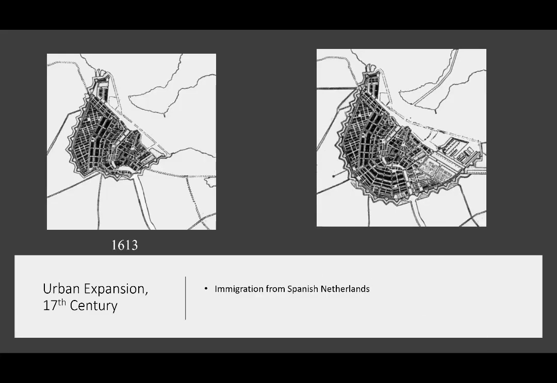So over the next 50 years, they actually physically expanded their geography. And this is what we call, by 1663, they had this thing called the Agricultural Revolution, and they create polders. Polders is what I want you to know. Polders. These two maps are drawn at the same scale.